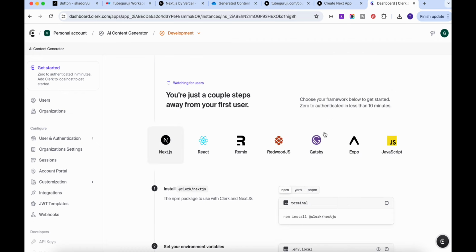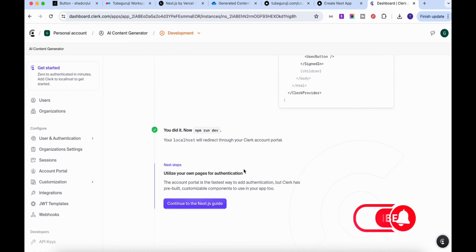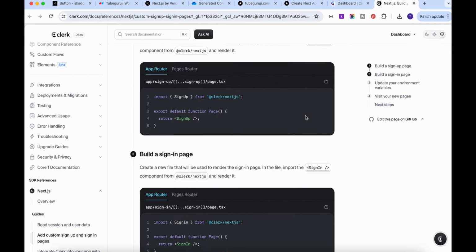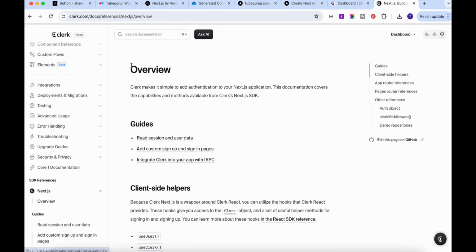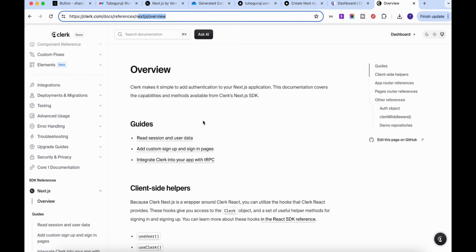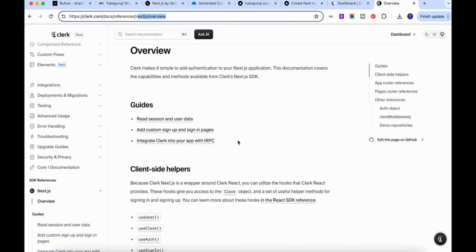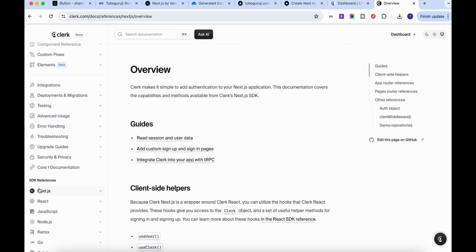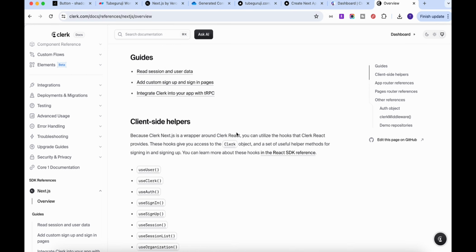So basically, let's do one thing. We'll go to this Next.js guide. Okay, so that will help us get more detail when we are implementing that. So we'll go to this Next.js overview. I will put the link to this documentation in the description. So every time you face an issue, just go to this link and you will see the Clerk documentation link. Now over here, let me go to this Next.js overview,